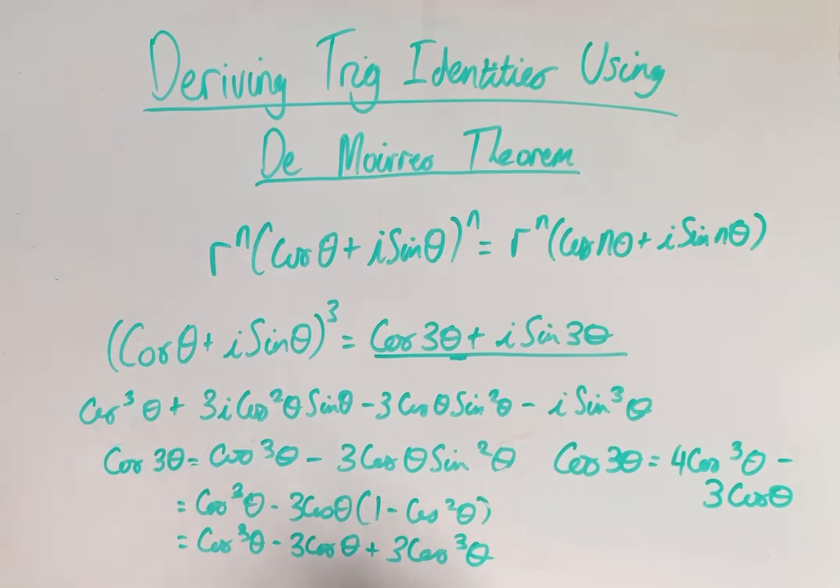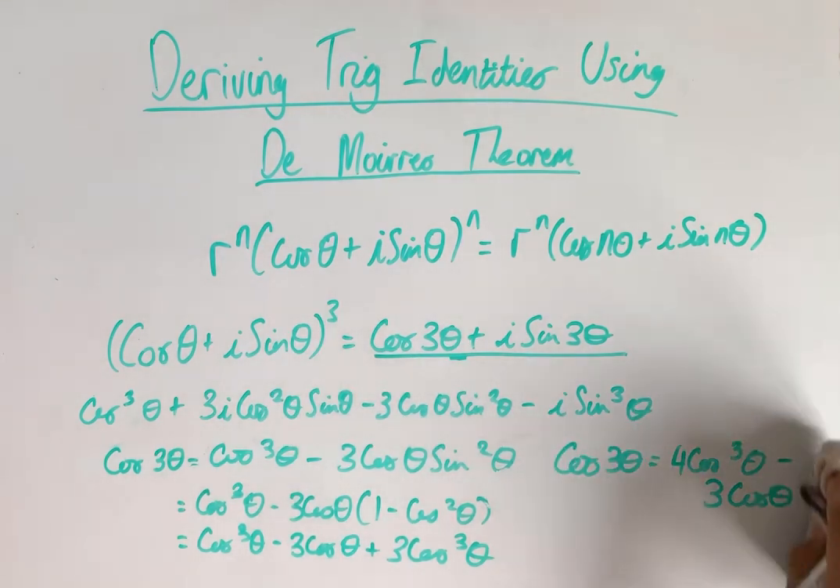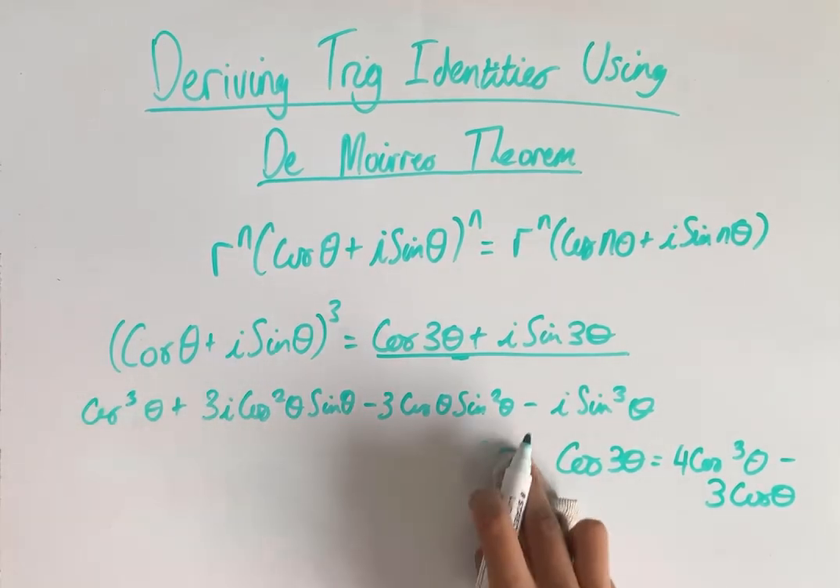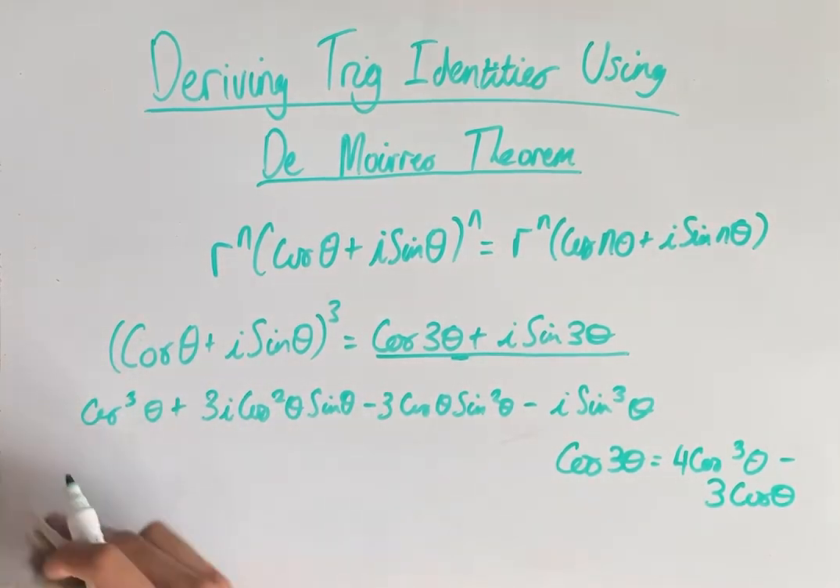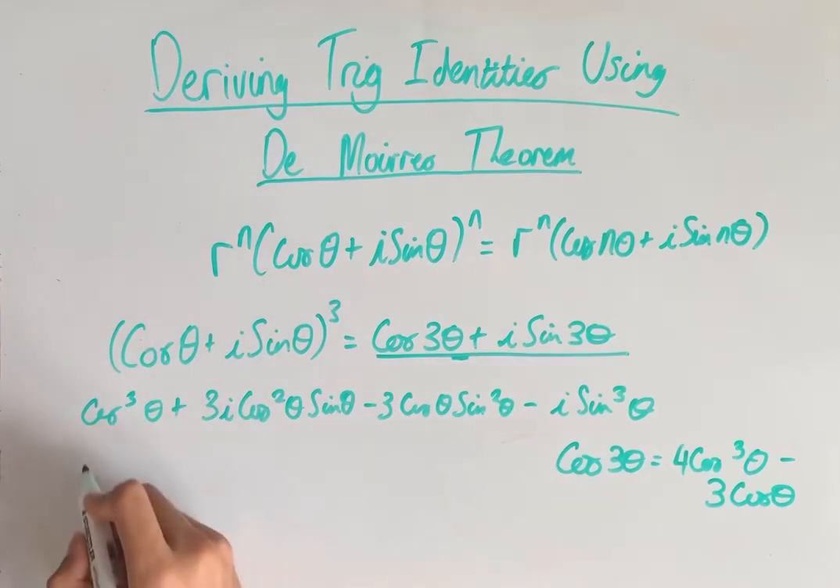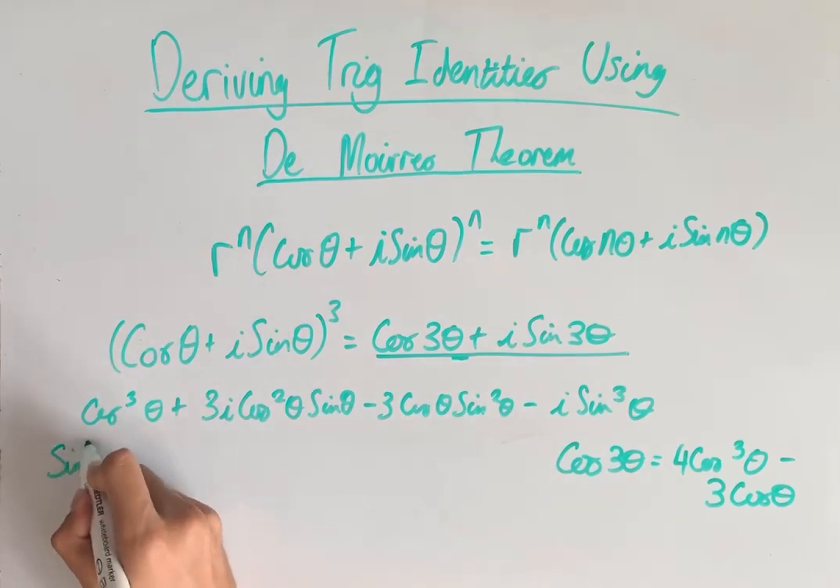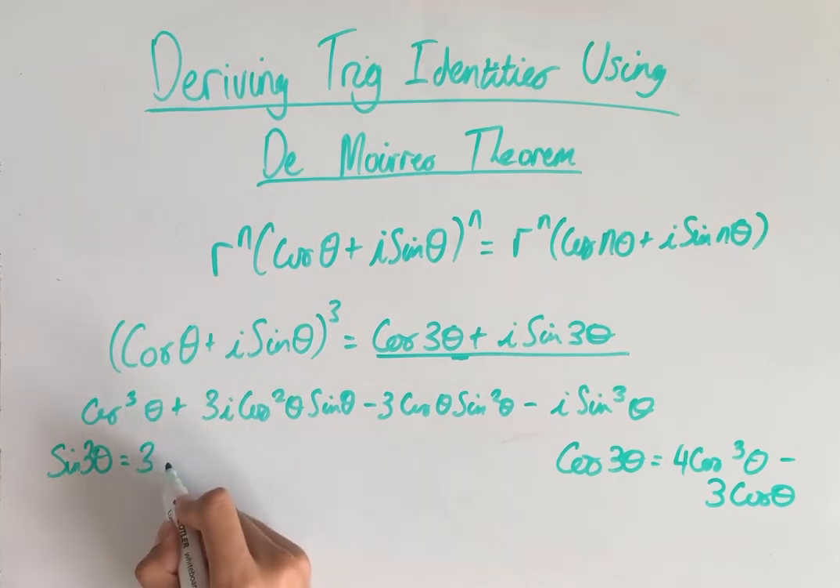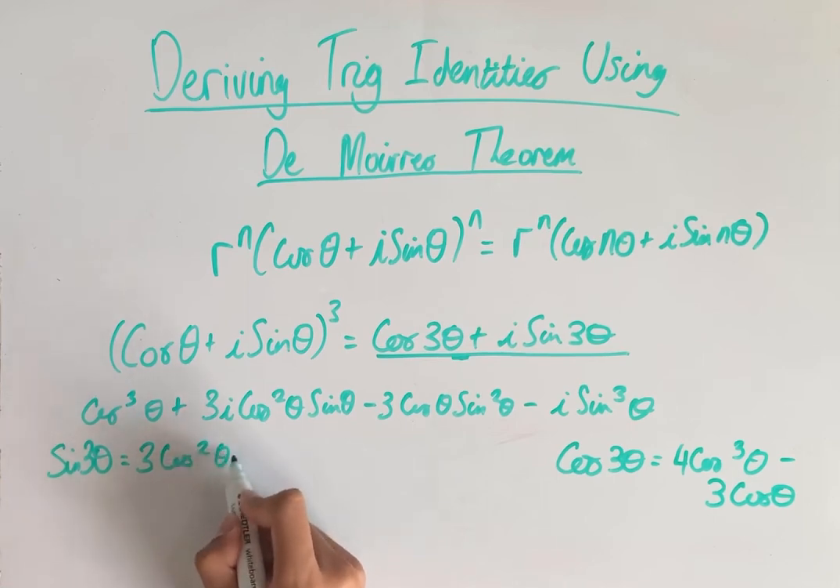The same can be done for the imaginary part. We know that the imaginary parts of this equation must also equate. So sine of 3 theta, or more accurately, i sine of 3 theta, but we'll cancel those out on the fly, must be equal to 3 cos squared theta sine theta